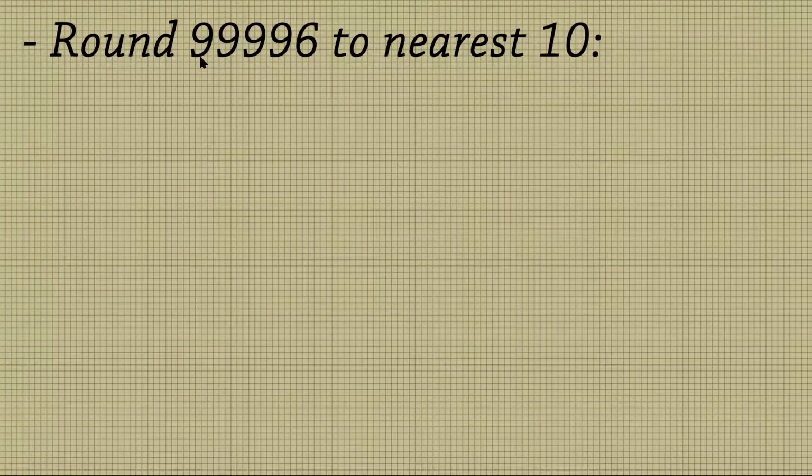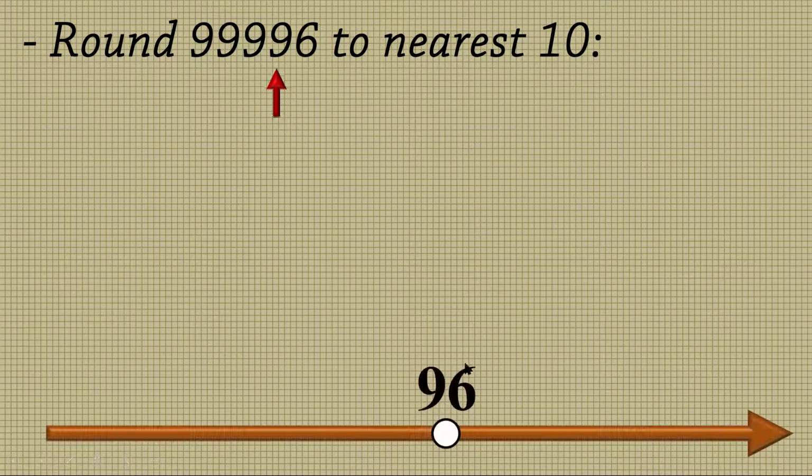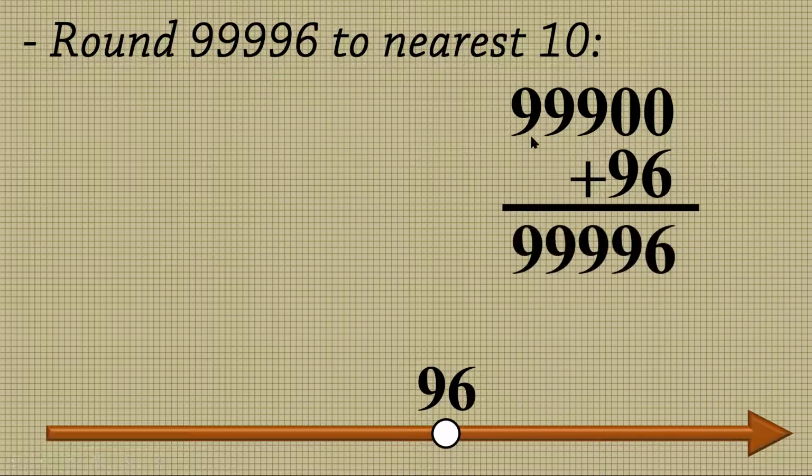Round 99,996 to nearest 10. This is a very, very important case. We will concentrate on this 9 as the digit occupying number place of tens. So I put 96 on the number line. I remove 96 from the original number as usual, and I write it as